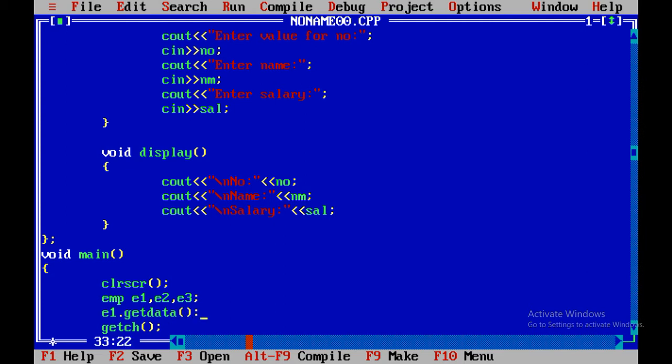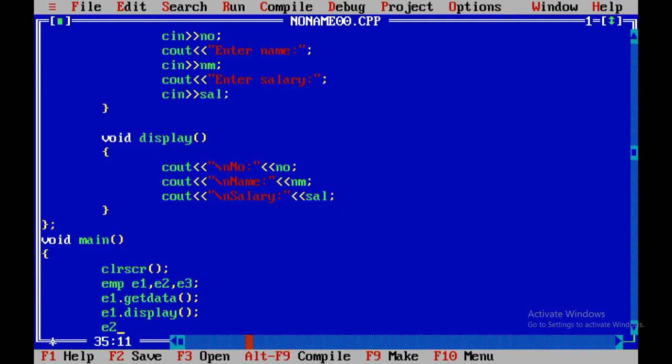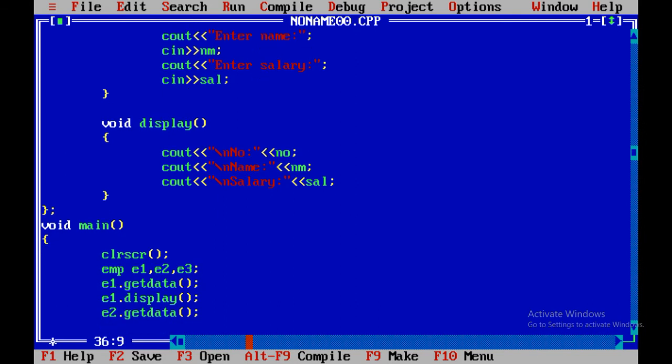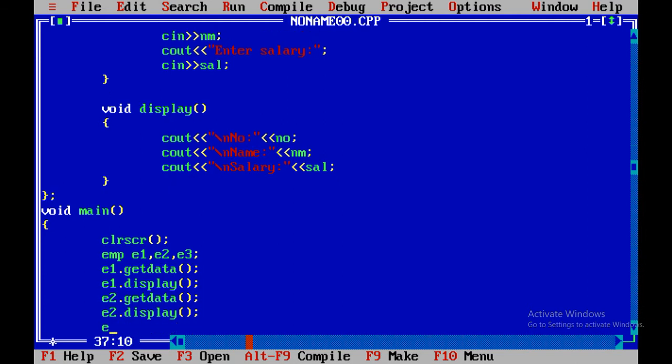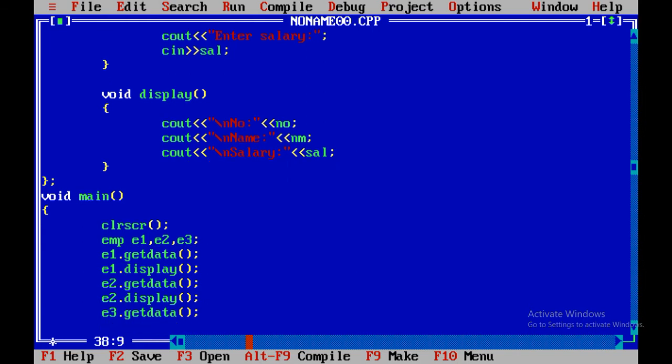This we have already done in our previous session, so this is only repetition. I am going to explain the changes, why we use the concept of array of object. Again getData and e3 dot display.